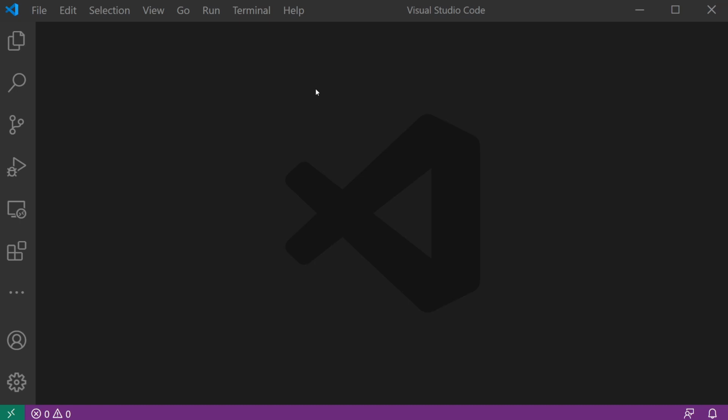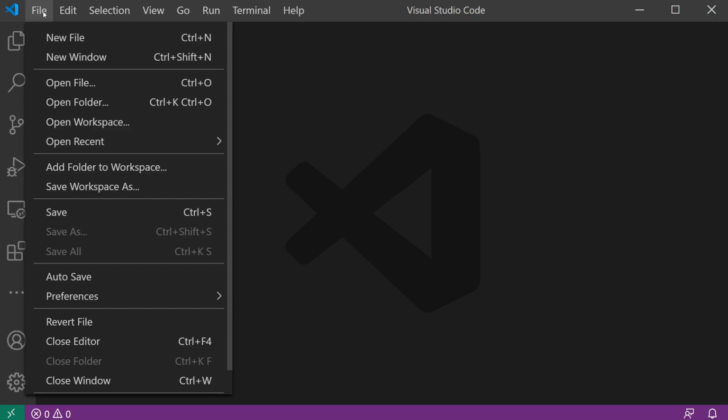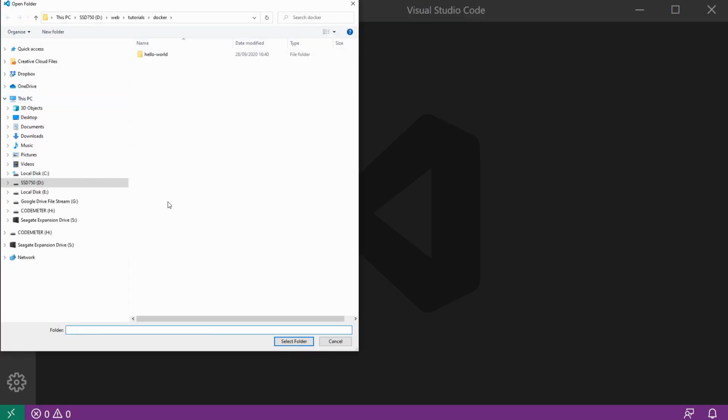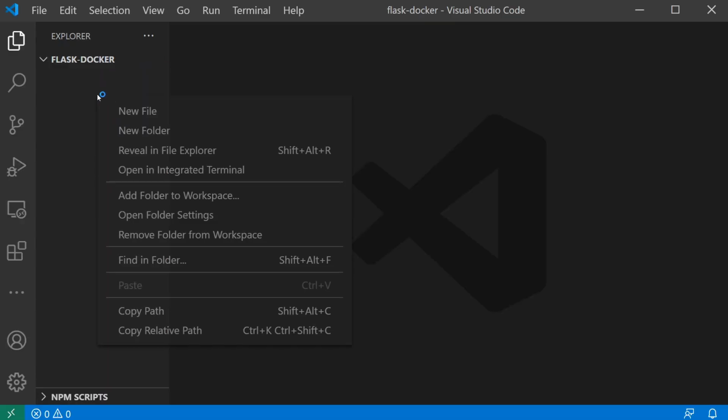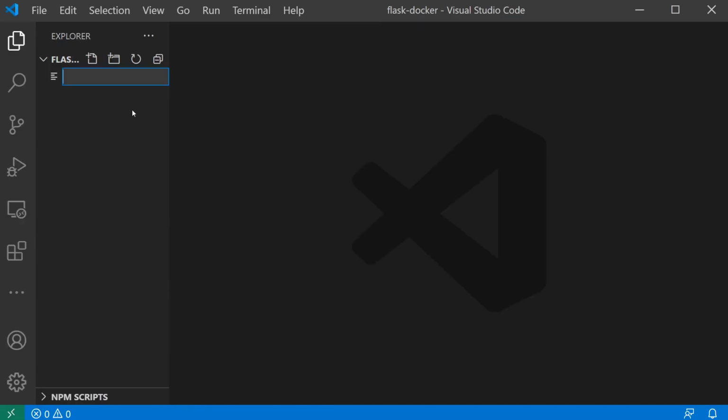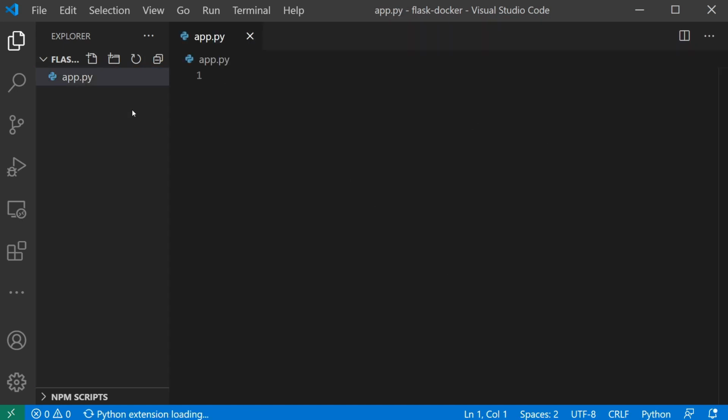So the first thing you want to do is open Visual Studio Code and then go to File and Open Folder, and we will create a new folder which we will call Flask-Docker, and then if you click Select Folder, now we want to right click in here and choose New File and create an app.py file,